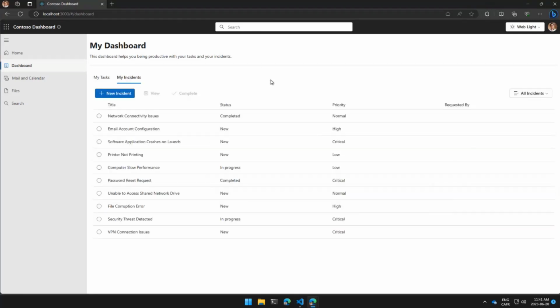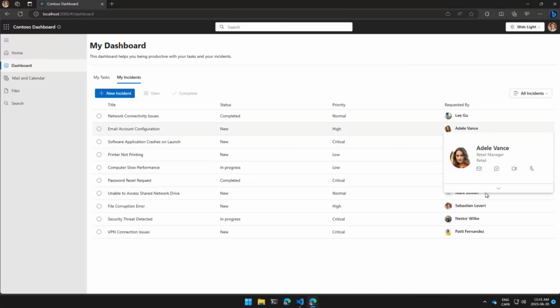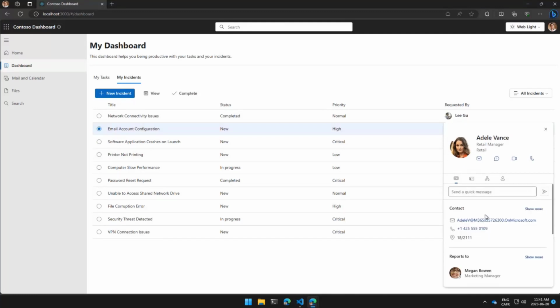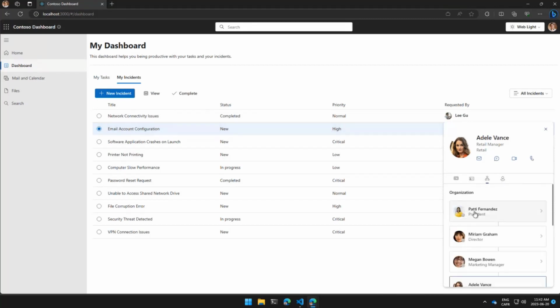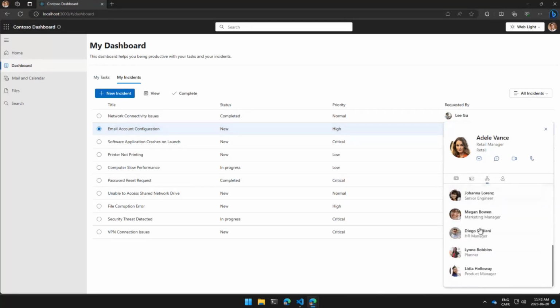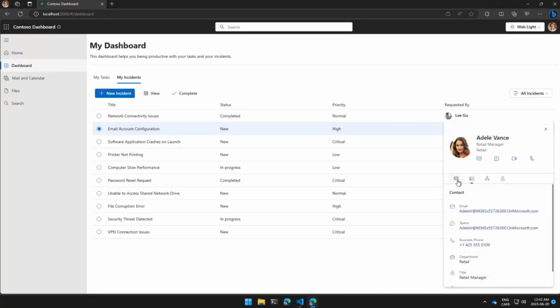Here we have a get component, or a default get component, that does call to a SharePoint list. That SharePoint list here has a couple of columns and these kinds of things. And here we have the support of our person card with all the data our org chart works with, and all these kinds of things.